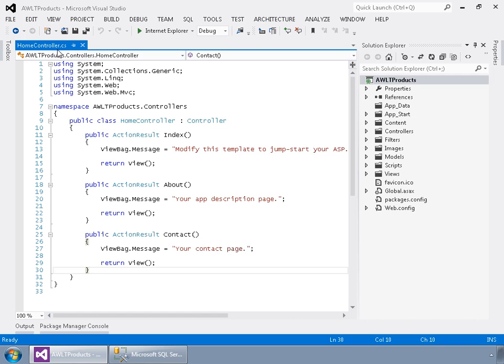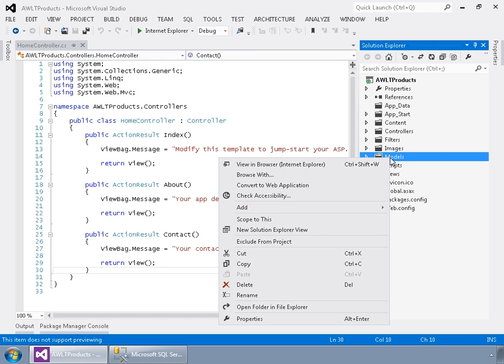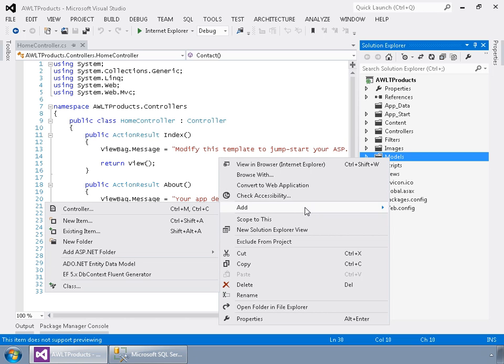It always dumps you to the home controller of MVC4. And over here on the right side, you can see that we have our listing of our MVC4 project. So the first thing we want to do to attach to an Entity Framework model is we need to actually tell it we want to do that. So over here, select your models folder, go ahead and right click on it, go down to Add, then select New Item,